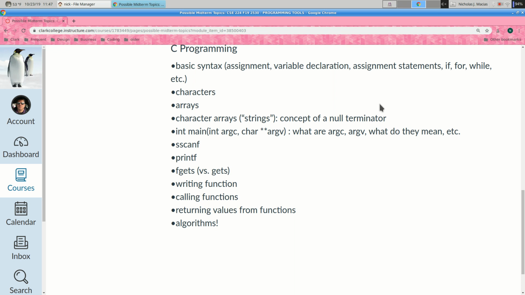Main program, if you want to deal with command line arguments: int argc, char **argv, and argc is the number of arguments including the program name. Argv is the array of